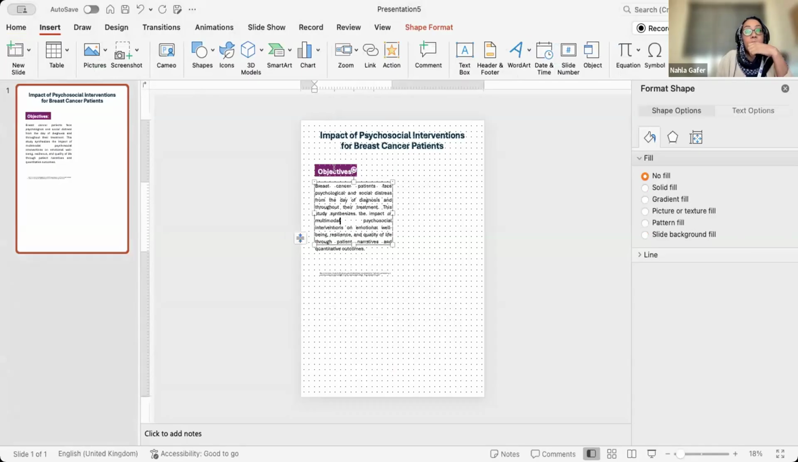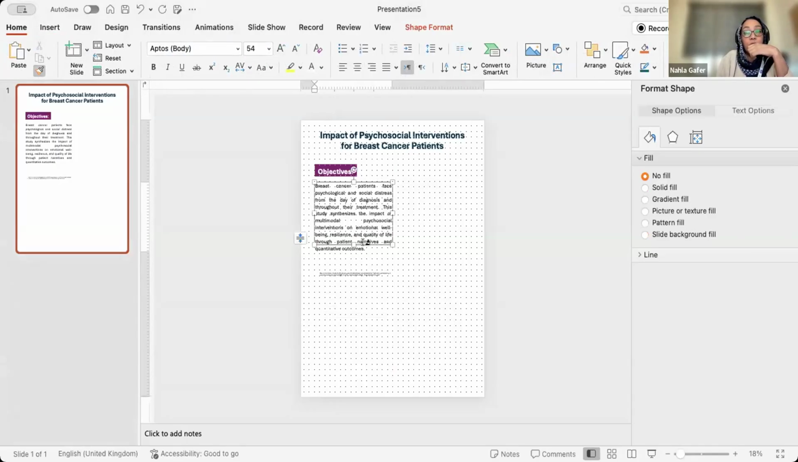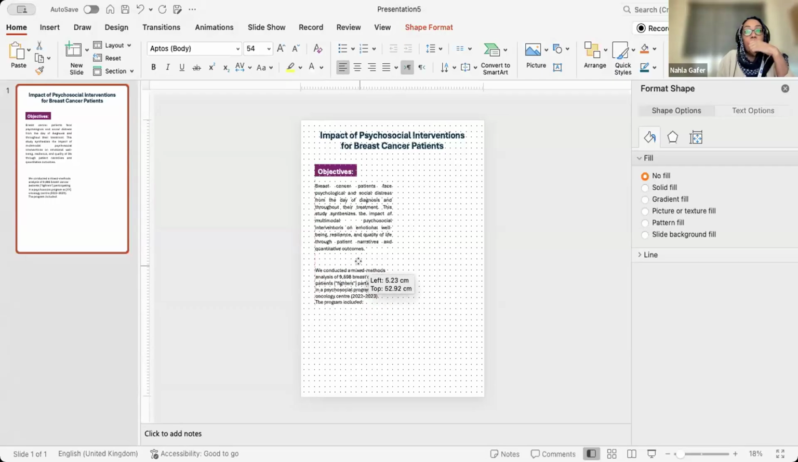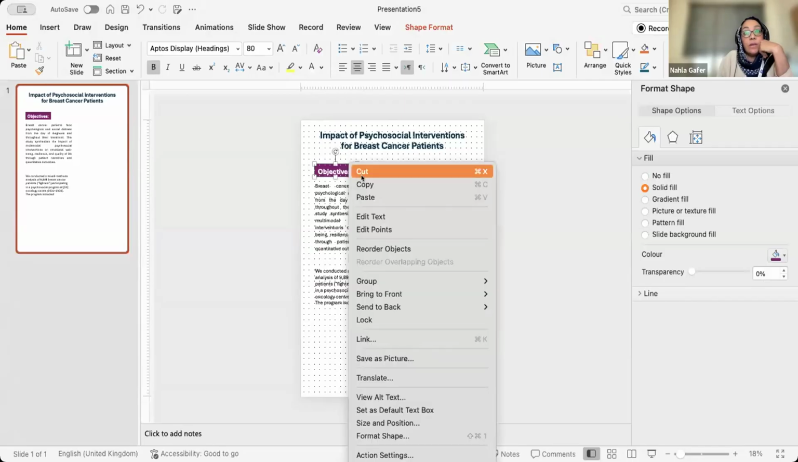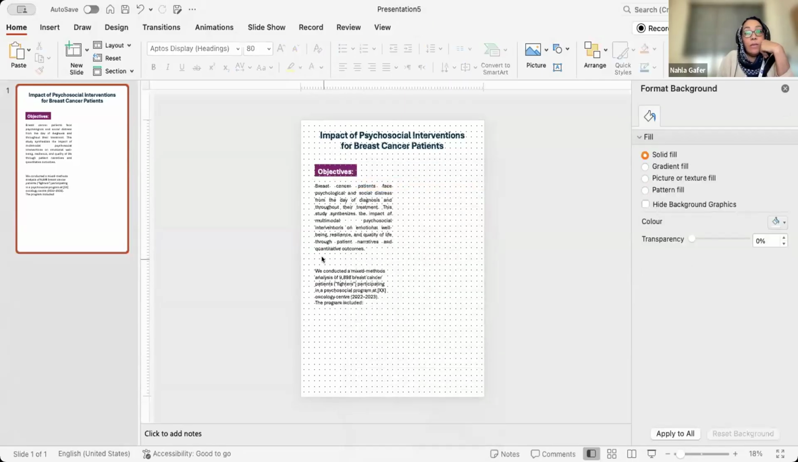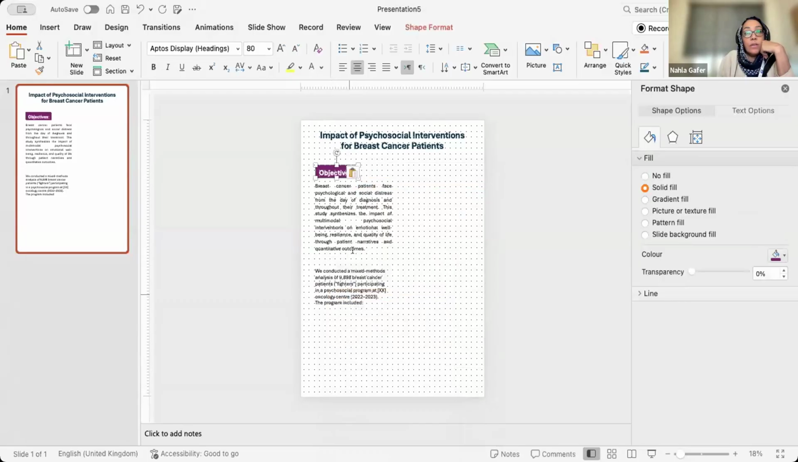Okay, and let's use the brush, home, brush. I copy again, I brush again. Some parts are very small, okay. And let me copy another subheading, paste. This is the